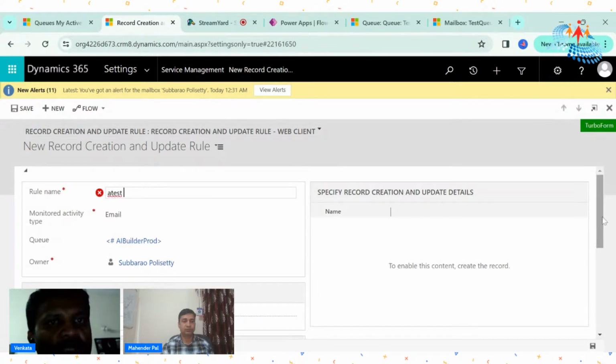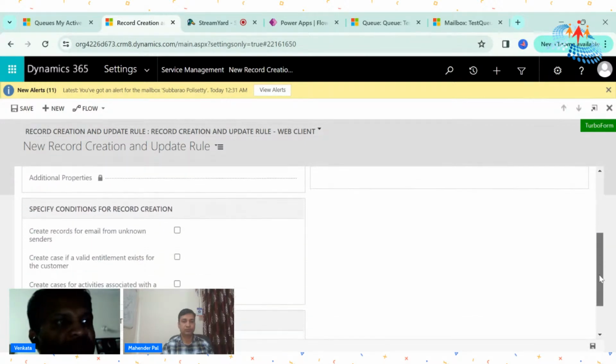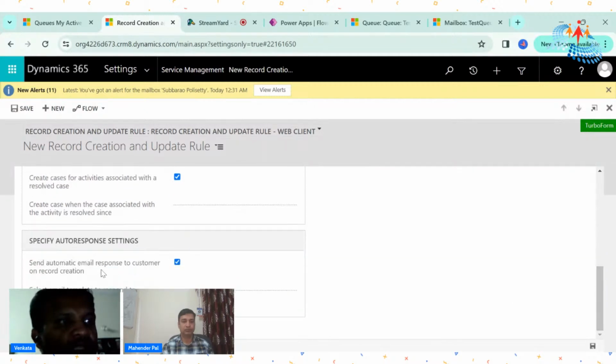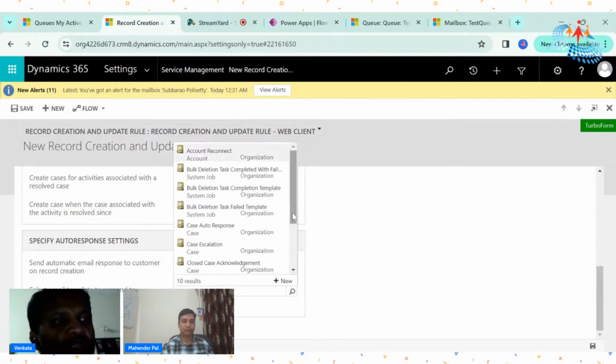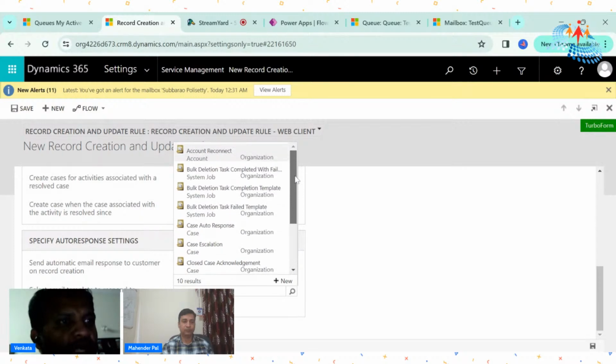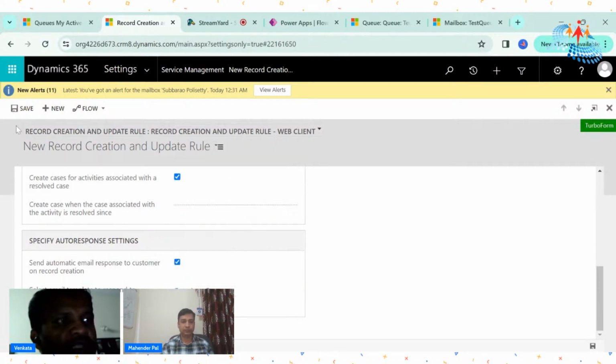Once that is done, you can mention to create records from the email and send an automatic email response. You can select the email template. There are different kinds of automatic templates present, so I can give it as a case auto response. Once this is saved,